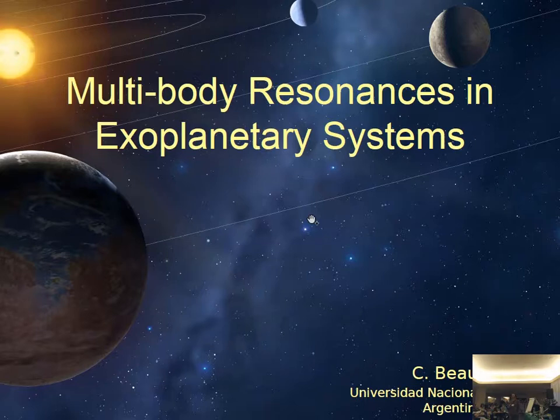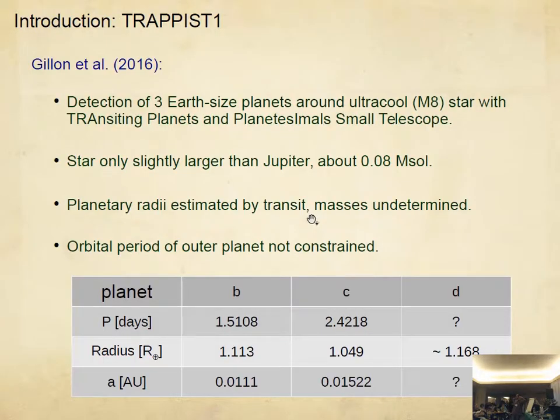So I will speak about multiplanetary resonances, and the thing that motivated me to give this talk is the story of TRAPPIST-1. Not so much the system as we know it today, but how this evolved during the different phases of discovery. You all know, initially in 2016, the first detection by the transit team around an ultra-cool star. Originally there were 3 detected planets. The first 2 very close to the star, periods 1.5 to 2.4 days, almost Earth masses, and there was an indication of a 3rd planet, although it couldn't be constrained.